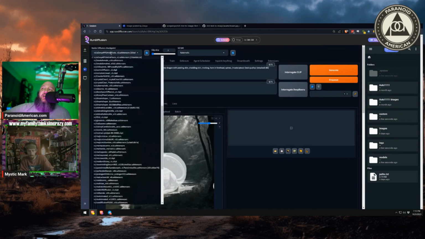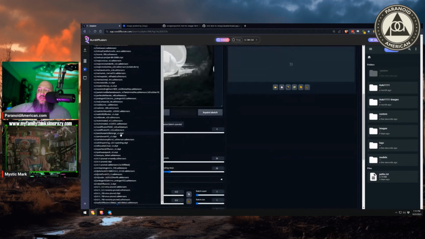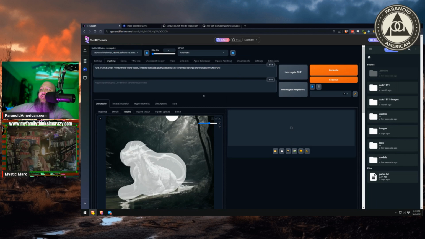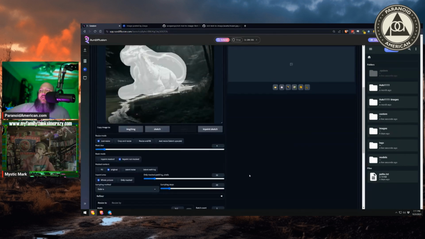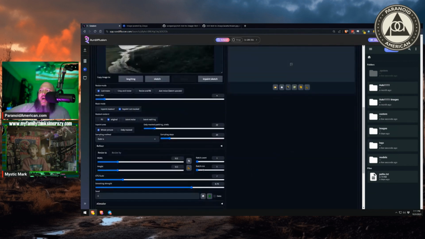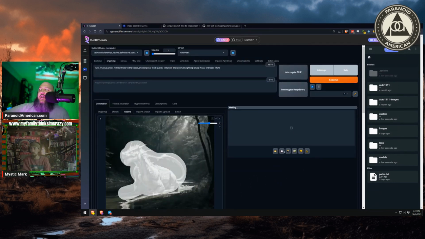I'm also going to change my model here to, I don't even know, let's see. I'm going to do Realistic Vision, which is one of my favorites. This is for realism. And here I'm just going to do rural Arkansas creek, redneck trailer in the woods. And then I'm going to leave in the masterpiece, best quality, 8K, all that stuff. So I believe that's all I need. And oh yeah, I'm going to change my batch up to 4 again, just so we've got some options. So now when I hit generate,